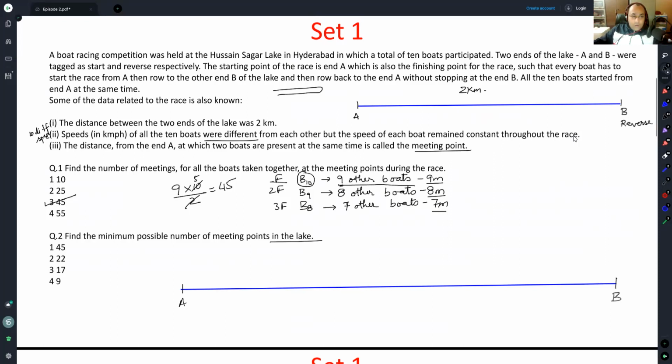And given that all speeds of all the 10 boats were different, it will meet 9 other boats at 9 distinct points. This is guaranteed. The fastest boat will meet all other 9 boats at 9 distinct points. This is guaranteed. So now what I want is, if I want the minimum possible number of meeting points in the lake,